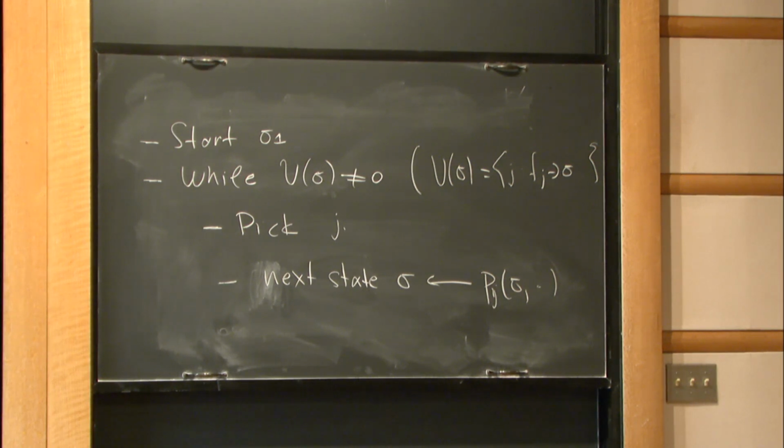Start at sigma 1, where sigma 1 is any configuration of a binary cube. And then, while violated constraints, clauses, exist,